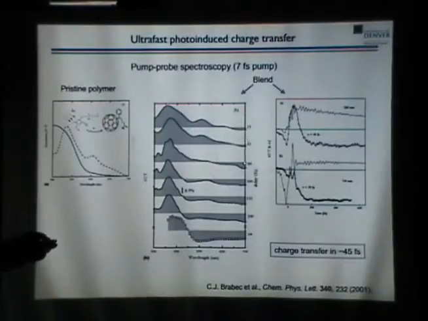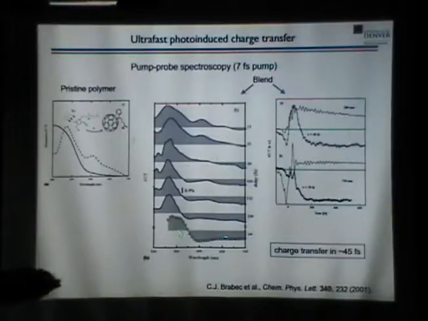And as we look in time on a femtosecond time scale, what we see is now a negative feature that comes in at larger wavelength. So the negative feature is an absorption. There's a new species that is absorbing the probe. And in this case, the new species is the charge separated state. It's that polaron species that's absorbing. And the polarons tend to absorb at a little higher wavelengths. So past 600 nanometers, actually far into the infrared, they can absorb. So we can monitor that absorption in the infrared on an ultrafast timescale and see the growth of the charge